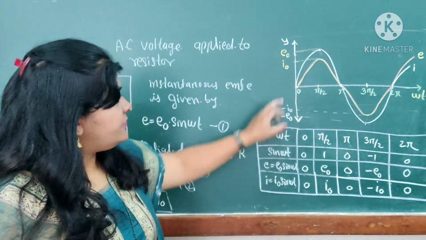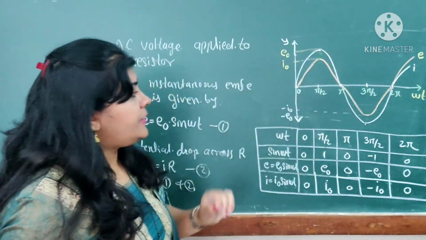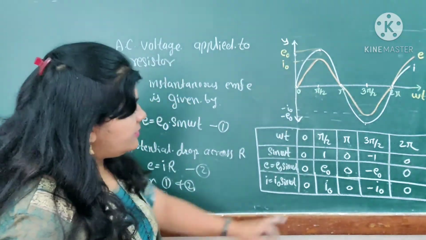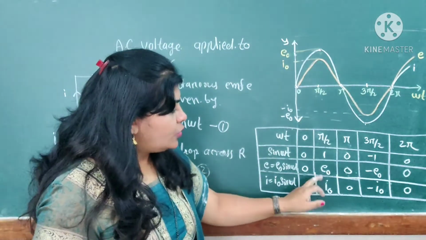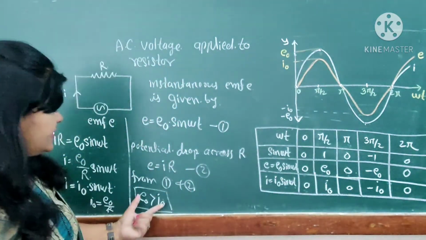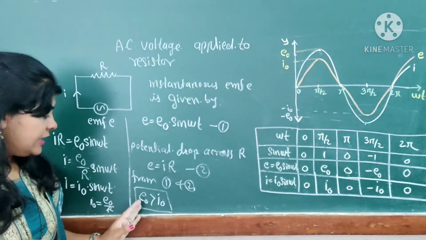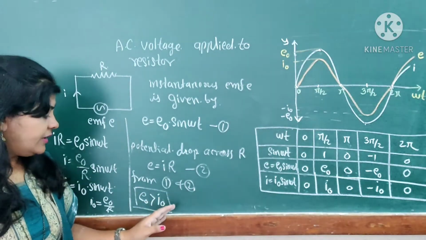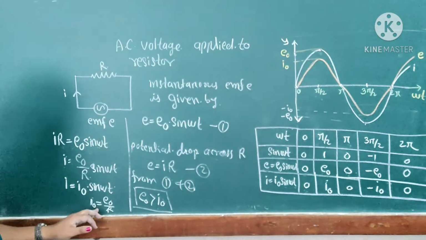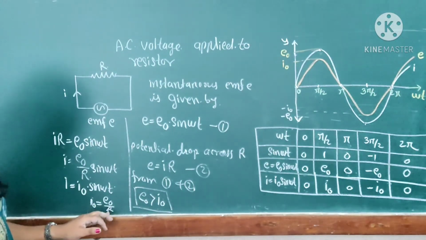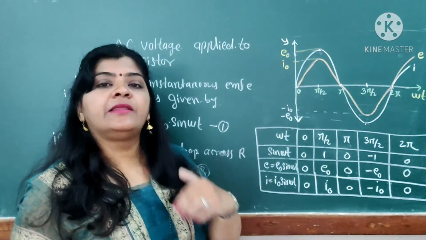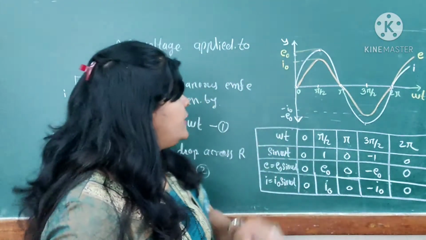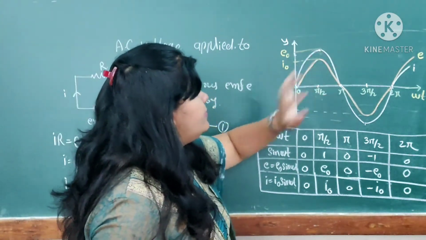So what is the difference between them? These two are not separated in phase, the maximum values of both occur at pi by 2. It goes to the maximum value. And what did I mention here previously? The peak value of the EMF is greater than the peak value of the current, because I naught is equal to E naught upon R. It is divided by the resistance. Definitely that ratio gives a lesser value. So the current is below the EMF of it.